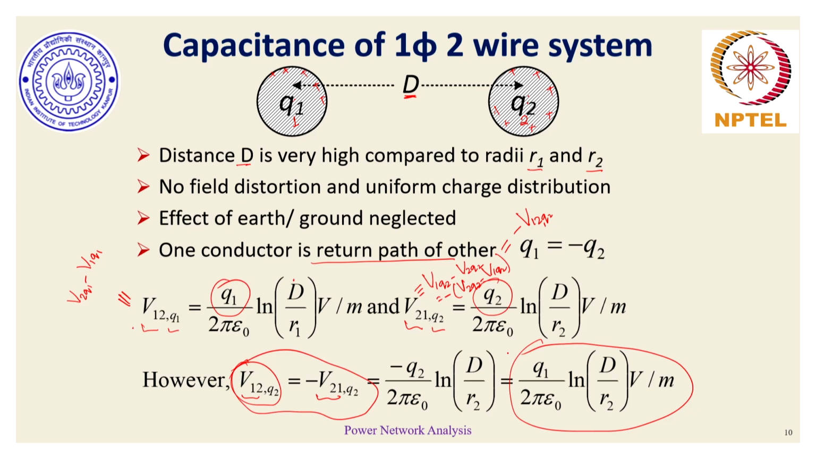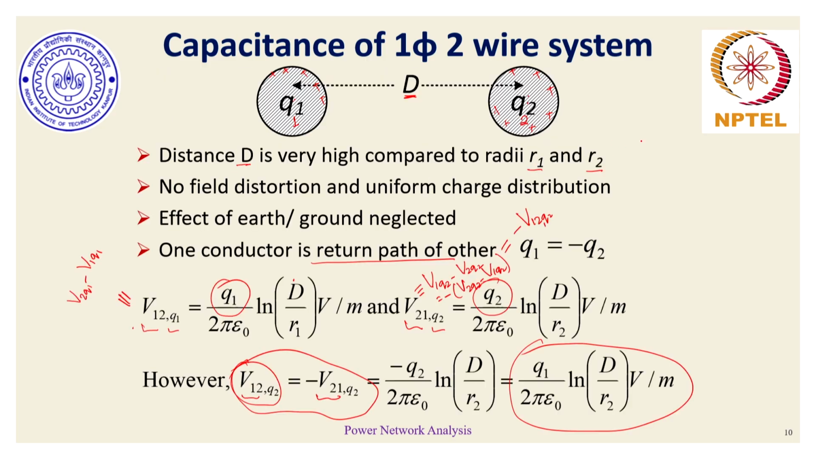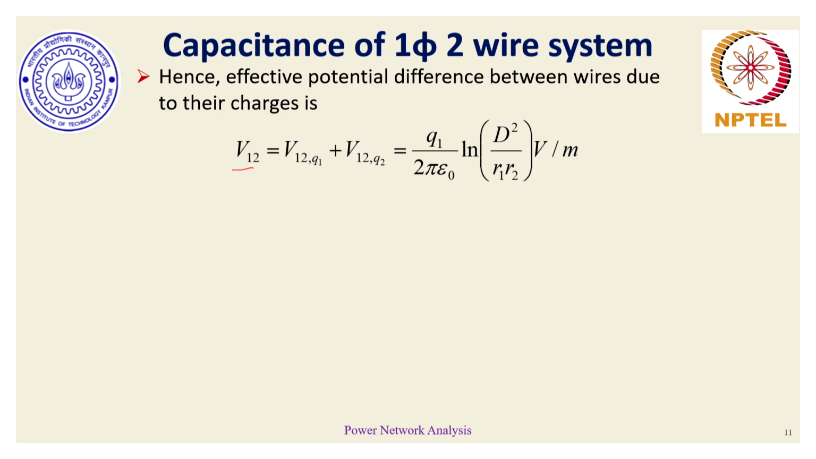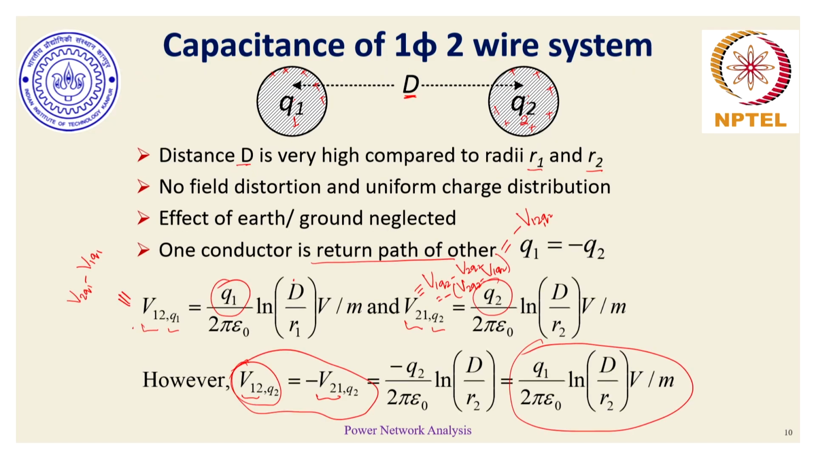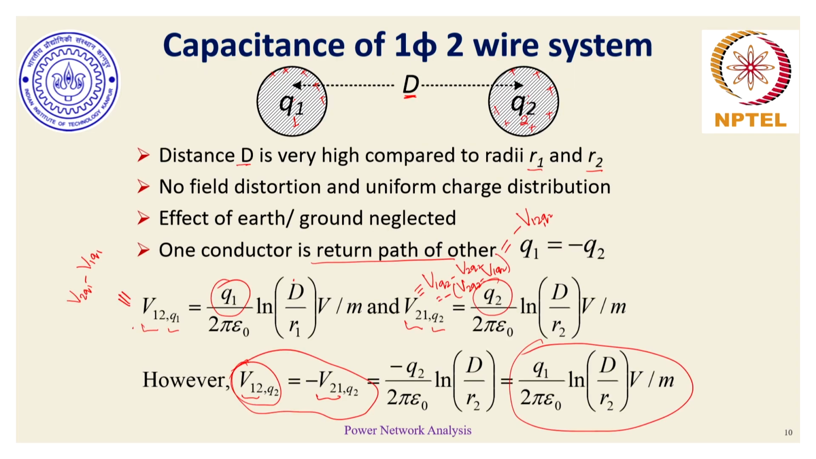Since the potentials exist because of two different charges, the effective potential difference between these wires would be the additive sum of these two potentials. So if we add those two, it would actually come as equal to,